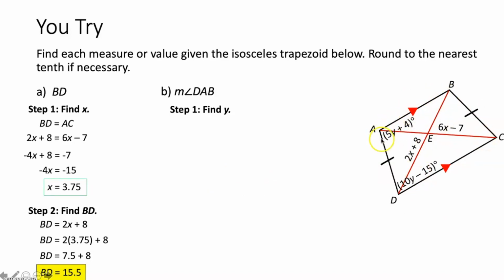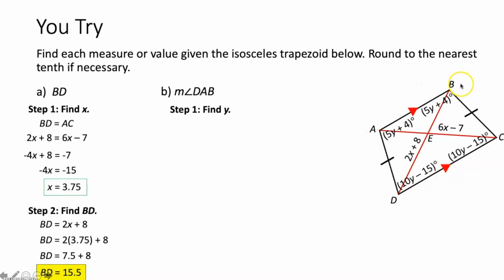So if the measure of this angle right here is 5y plus 4 degrees, then the measure of the other base angle must also be 5y plus 4 degrees. The measure of this base angle is 10y minus 15 degrees. Then the measure of the other base angle over here must also be 10y minus 15 degrees. Once I've found all of the measures of the interior angles of this quadrilateral, this trapezoid, I can set up